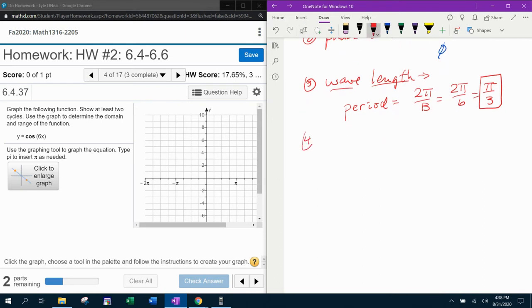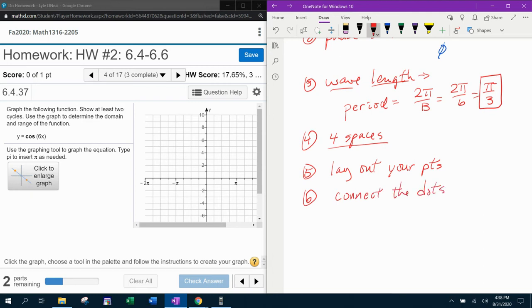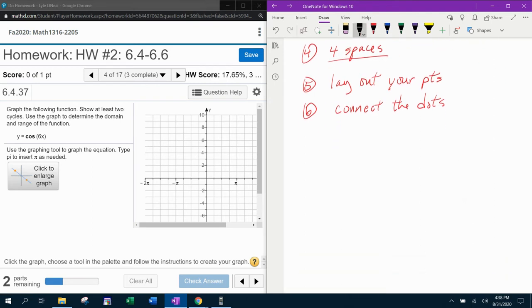Next, step number 4, you're going to need 4 spaces. If you're doing this by hand, a hand-drawn graph, you're going to need 4 spaces at step number 4. And then you can lay out your points. And the last step is to connect the dots. Now, let's go through and demonstrate how all of these 6 steps come together to produce a graph for us,